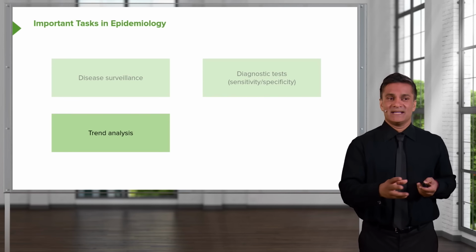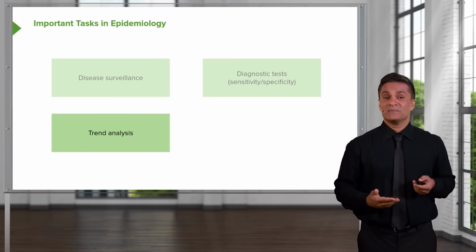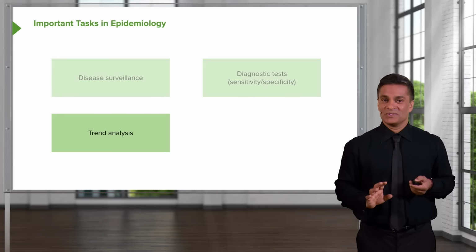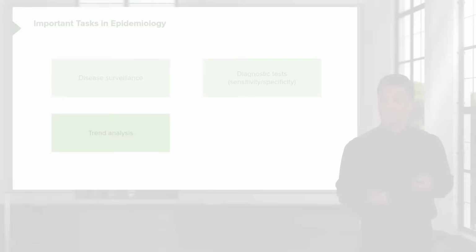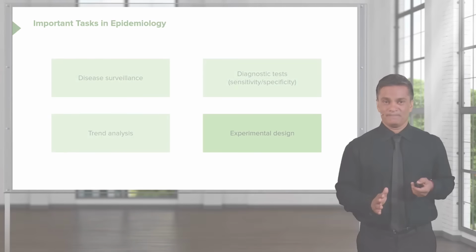This is when we look at the changes in diseases over time or over populations and try to ascertain some wisdom from looking at the changes in the numbers without actually investigating individual cases. And also, one of the important things that clinical epidemiologists and population epidemiologists do is designing studies. So very often, a researcher will contract an epidemiologist to go over their study design and their protocols to make sure that everything is methodologically sound.